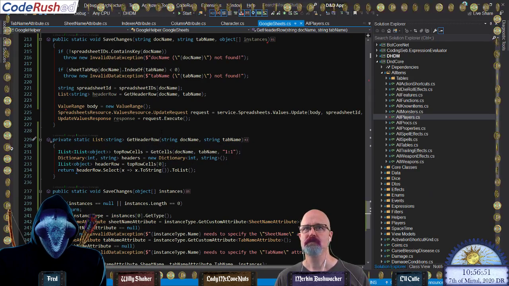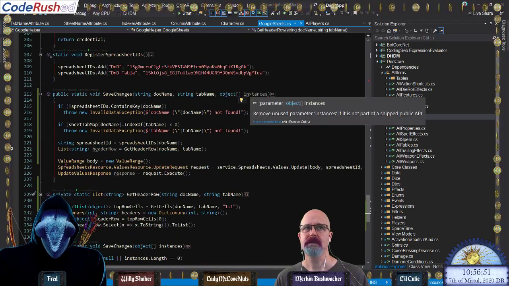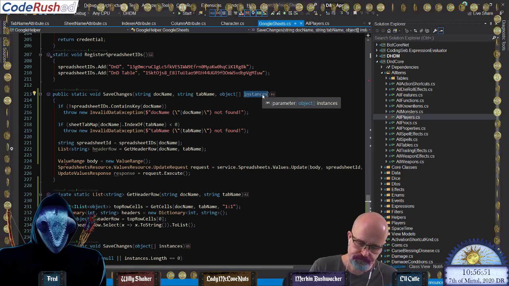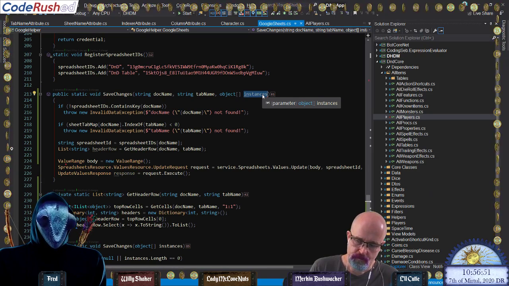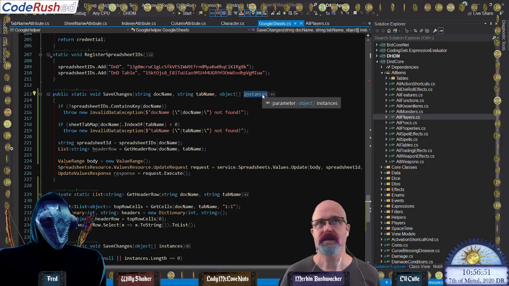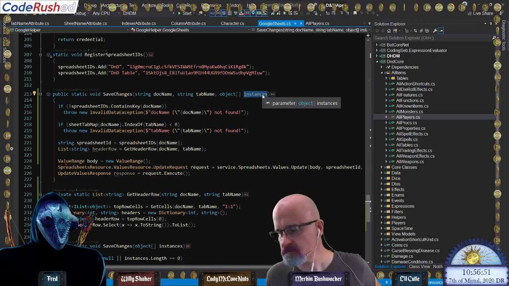Okay. So get header row is there. Next, I need to go through my instances. Find the properties that are marked